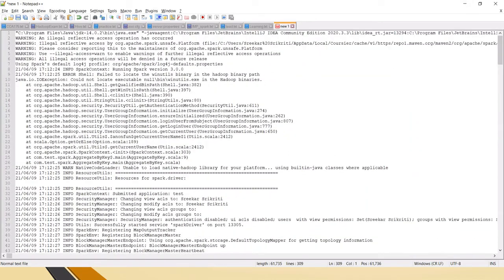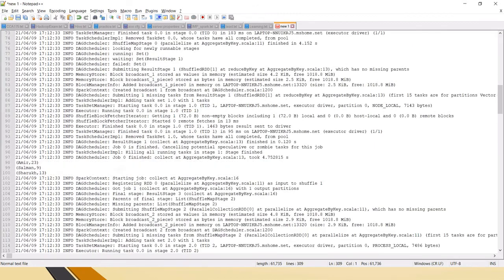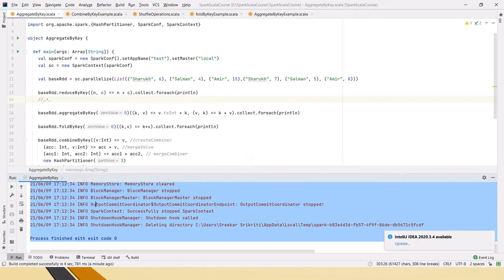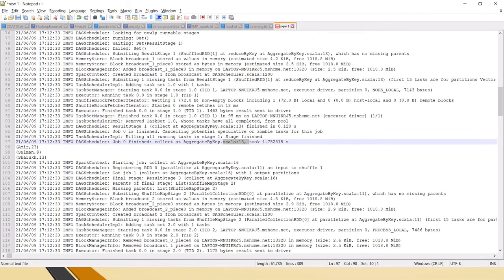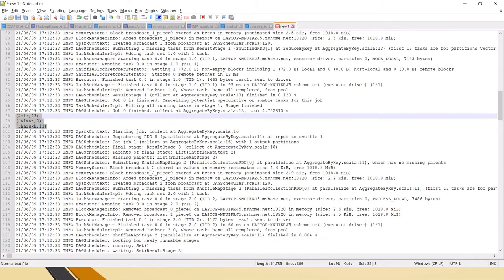So this is the log that has been generated. If you see here, this is the first output. This output is for Scala 13. What is Scala 13? It is reduceByKey, because this is where we are using foreach println. Spark RDDs are lazily evaluated. So even though the RDD is here, wherever we give the action, only then will it start executing the commands, which are transformations. If you see, it is summing up for all the keys, and the summed up values are given here.